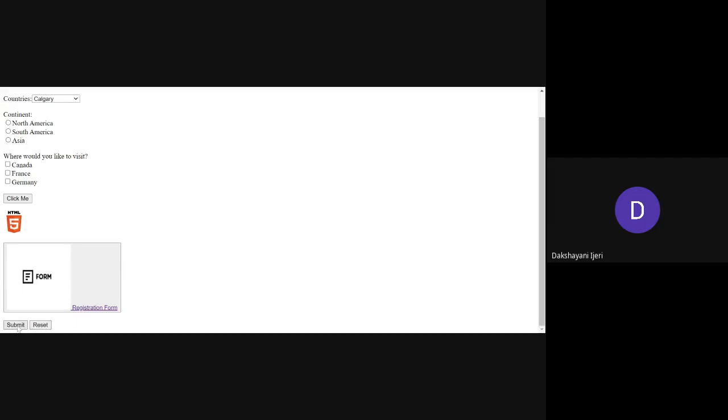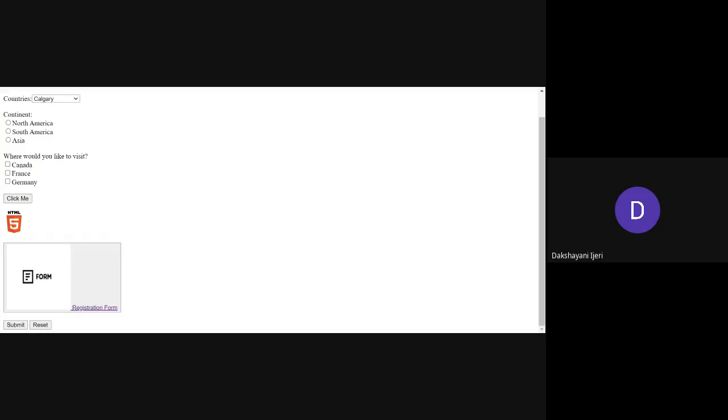So at the last, the submit button is used to submit the data filled by you. You will be able to see a particular action on this only when you write the respective JavaScript file or the PHP. So we'll see it in the further modules. You have those sections in the third and the fourth module on how to process the data filled in the form. So right now you just concentrate on the different options that you can create in the form. Okay, so at least you are clear with this output, so we'll see what we have done in order to get these kinds of options in the form.